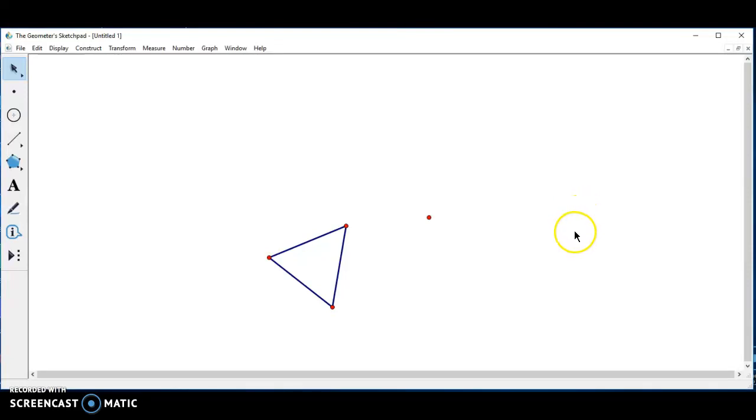Okay, here I've already created an isosceles triangle, and I'll show you how I did it in a second, but we have one point out here, and when we move this point, it'll change our two sides, which are equal. And also I can drag one of these points around. You'll see these two sides always stay equal. So how did I do that? Well,